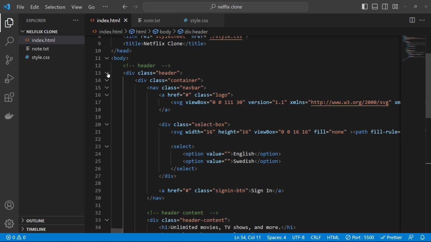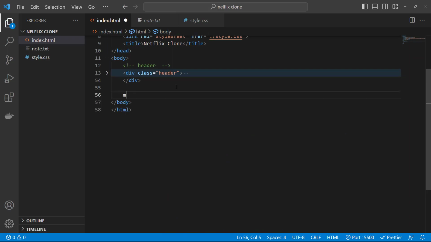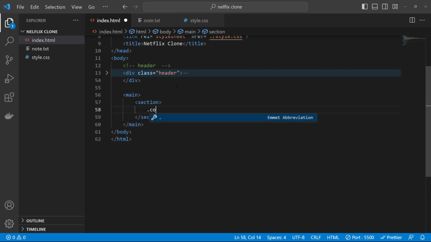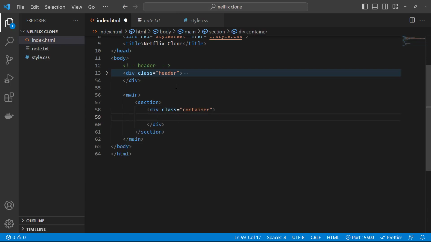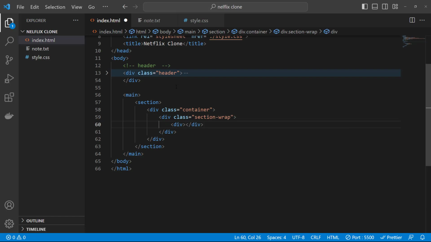Back to our code. Below this header div, let's have a main tag. Inside it, let's have a section tag. I want to create a div with the class of container. So let's say .container. Inside it, I want to create a div with the class of section-wrap. I want to create two more div, and this one for the left side and this one for the right side. Give it a class equal to